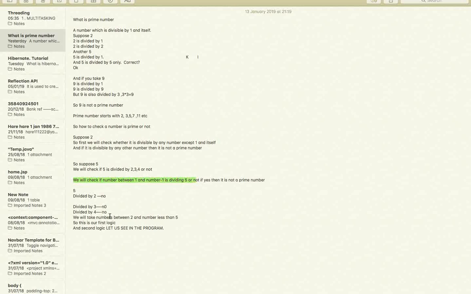So as you know, 5 is divisible by 2, no. 5 is divisible by 3, no. Divisible by 4, no. That means it is a prime number. That is why it is not getting divided by any other number except 1 and itself. Now we will check